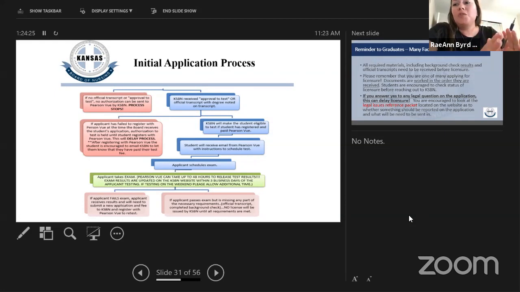So they graduate, they've got that date, maybe a week or 2 weeks later that you have approved for them to test. So then they go in and test. Well, then say transcripts don't come for 3 or 4 weeks. We cannot license them until we get transcripts. So I would definitely say that test before transcript is just tricky. It's very tricky. But that is completely up to your discretion.